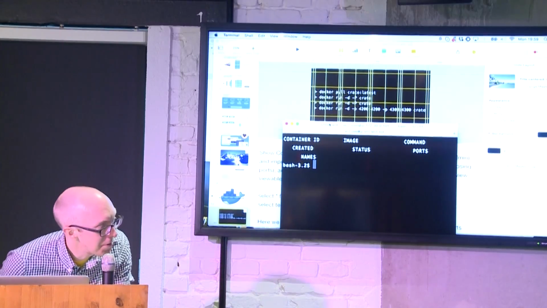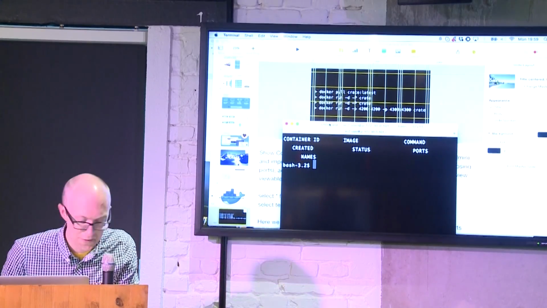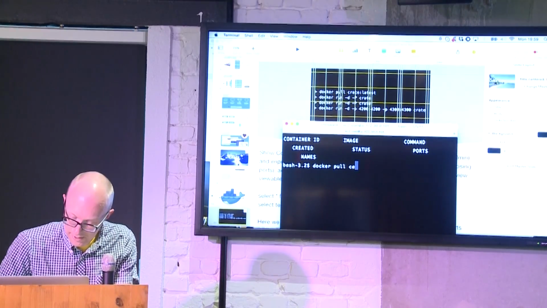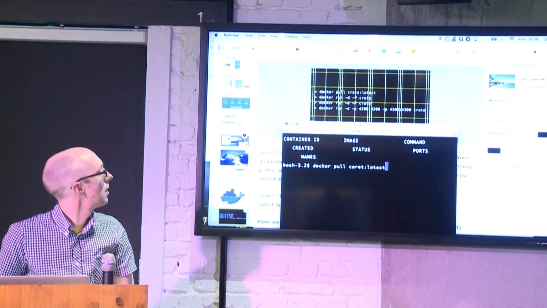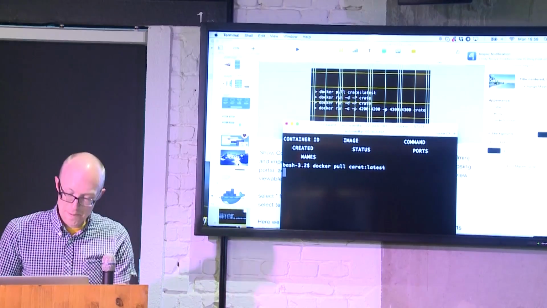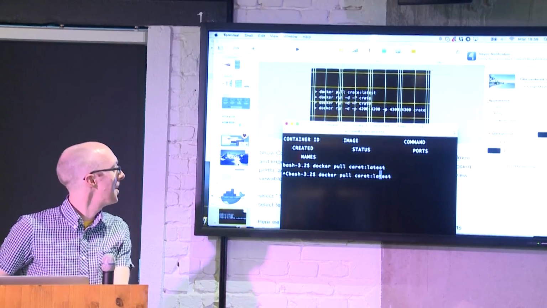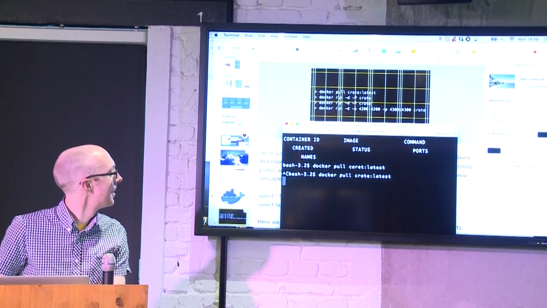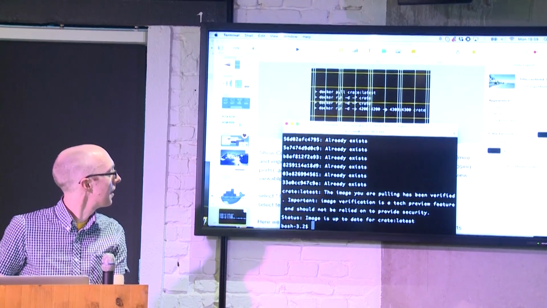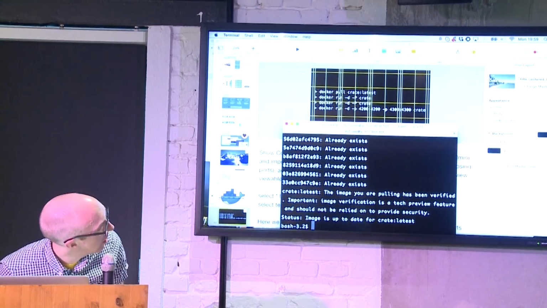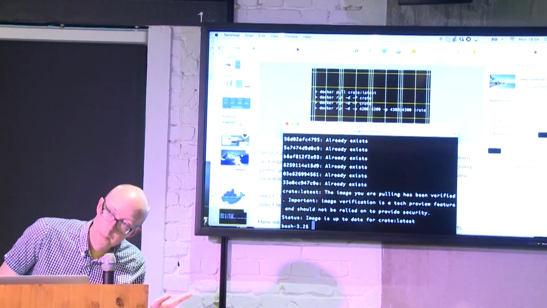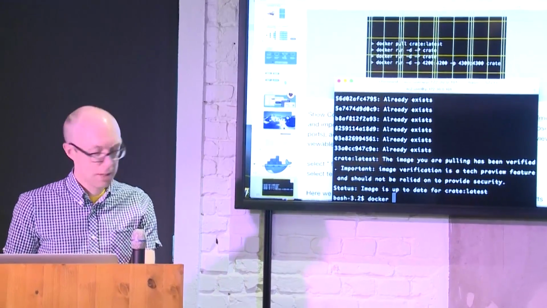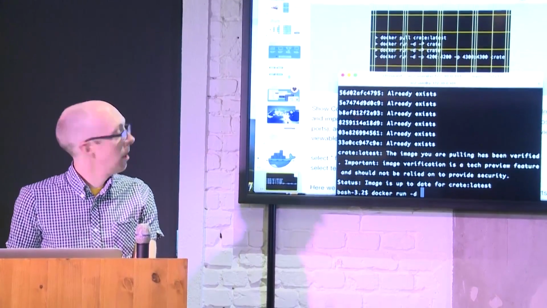So let's start with something fairly familiar. I made sure I had everything locally first, but we'll see what happens. I also have to do this backwards. Oops, yeah. Good start. I don't know what carrot is, but I'm sure it's very good. Okay. Yeah, it was already there, so that didn't take very long. And I'm going to run the docker run command 3 times, and then I'll explain why. You can see the third one is slightly different.